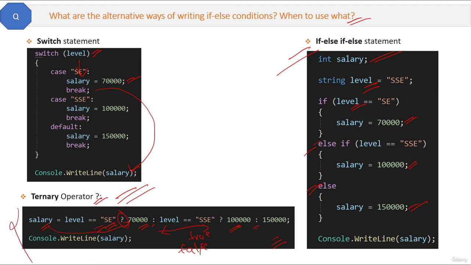But when you are not setting just one variable but doing some different things, for example, you are printing something via writing Console.WriteLine here, then the ternary operator is not the best option because it is suitable for setting the values of a variable. Different logic will not fit inside this. For that, you can use a case statement or if else condition, and here you can write any number of lines